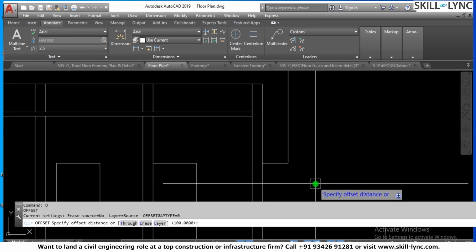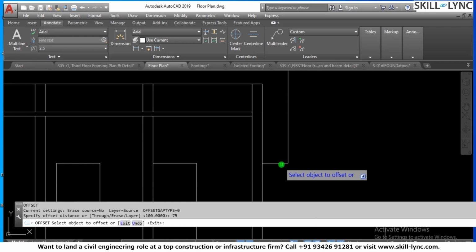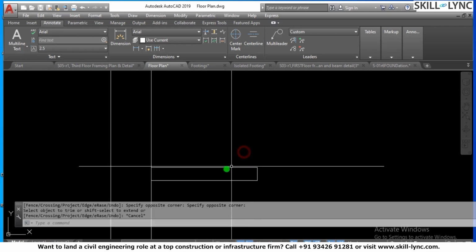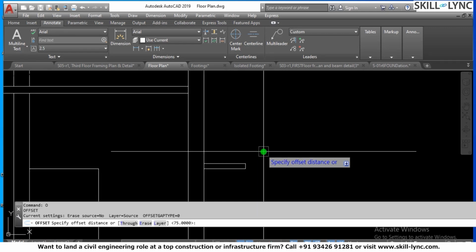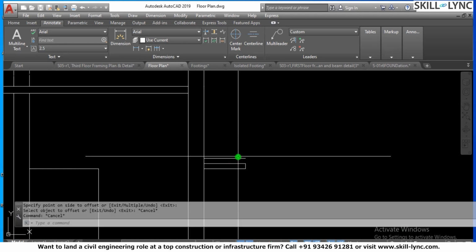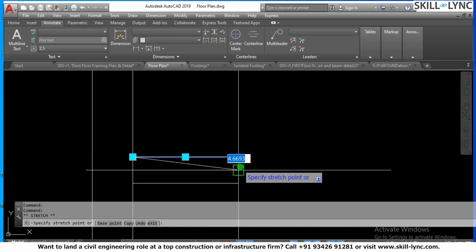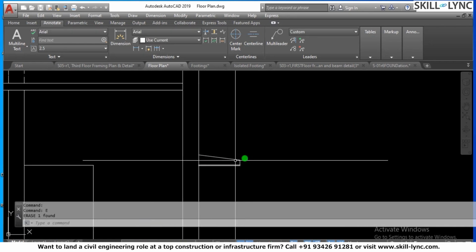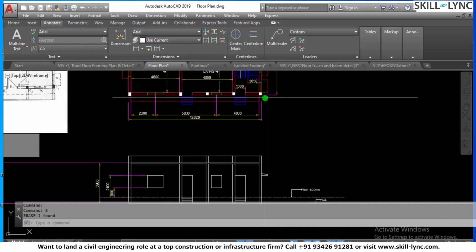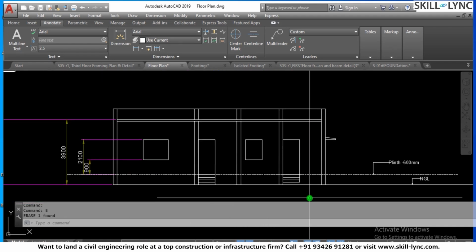I have a 75 mm thickness, and I can have a tapered projection also. Let's say I want to have this at 150. So I can always have the projections mentioned like this. This is the projection that is coming from the windows, right? This is how you create the elevation, and then you can take the dimensions